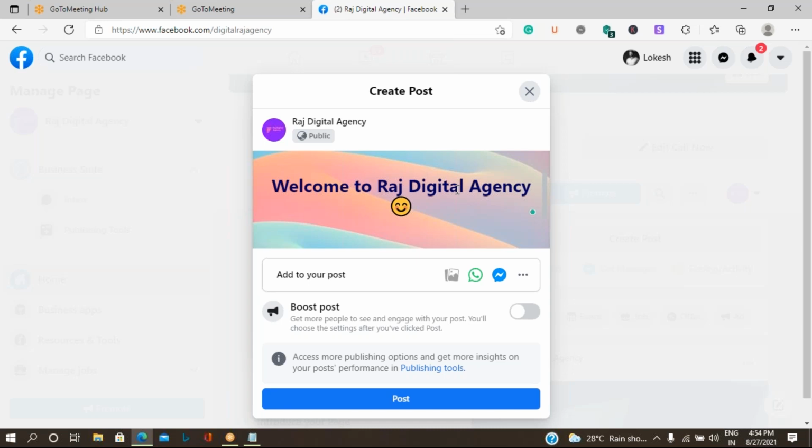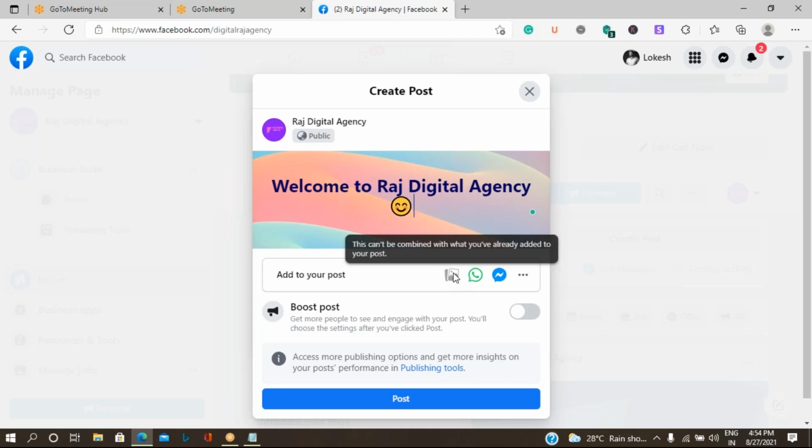So one thing that makes a difference is whenever you select hybrid colors, you cannot get an option to select an image. Okay, so either you use a white background, that is without hybrid colors, and you can add an image.